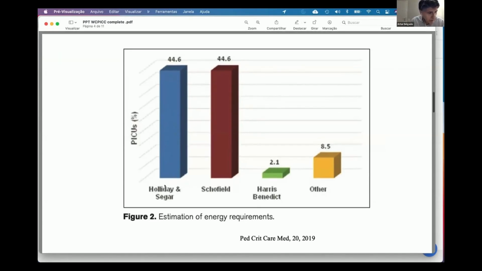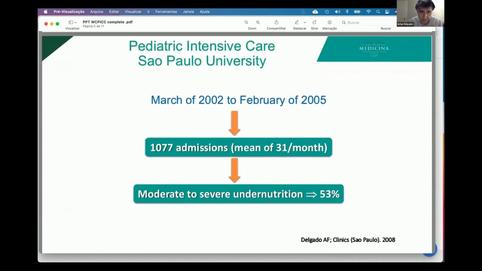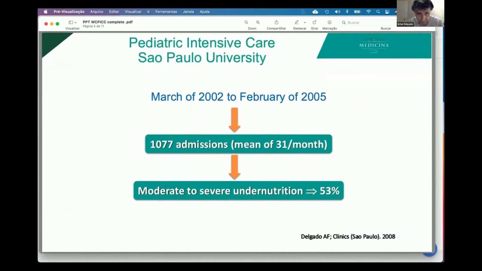It's very important to emphasize that the conclusion of this first study is that nutritional practices are heterogeneous in Latin America, but the majority use nutritional support strategies with international guidelines similar to those presented in the presentation before. To characterize better the pediatric intensive care nutritional practice in Latin America, this study performed between March of 2002 and February of 2005 evaluated